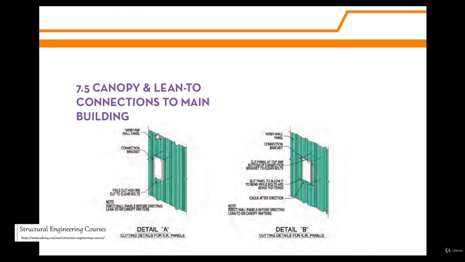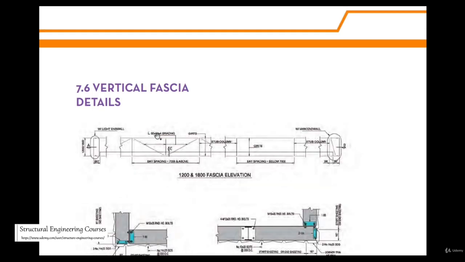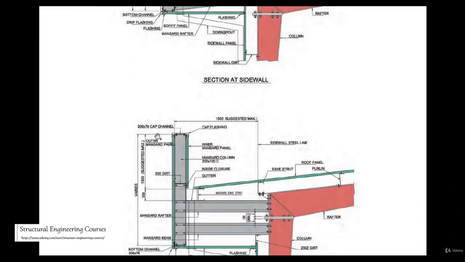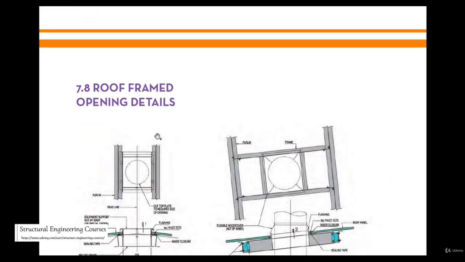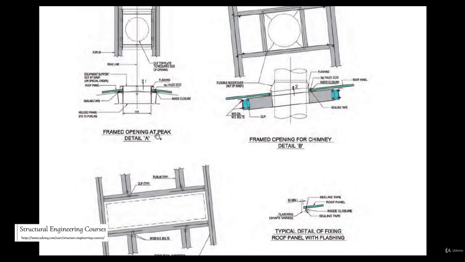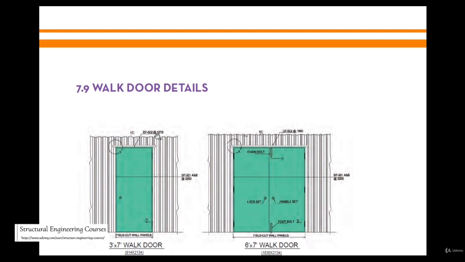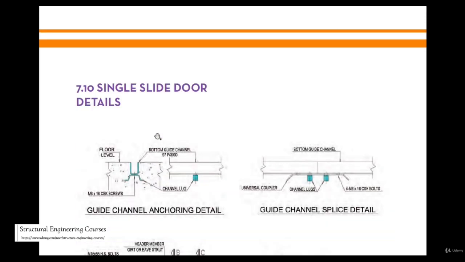sections showing the bracing. This is a simple arrangement to show the window, and these are the vertical fascia details, vertical mansard details, conventional mansard details, roof framed opening detail. How we can provide the roof opening with the help of this rearrangement of the purlin sections only. This is a typical arrangement showing the walk door, single slide door,